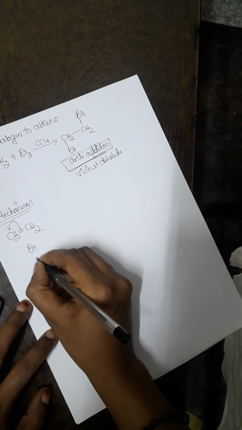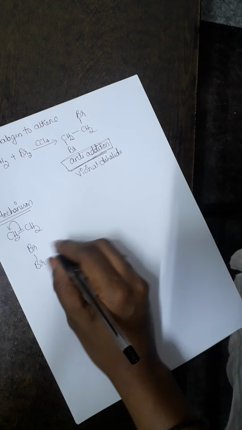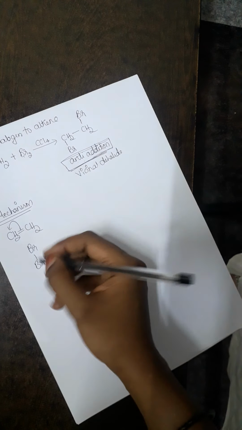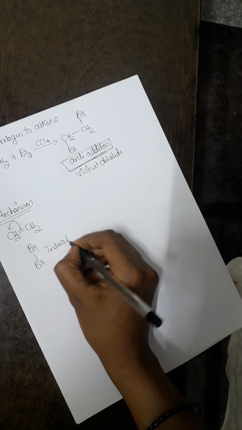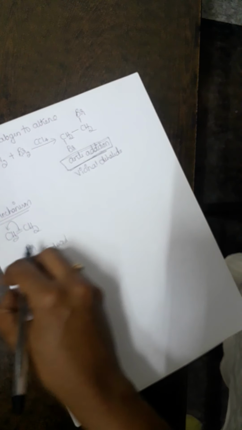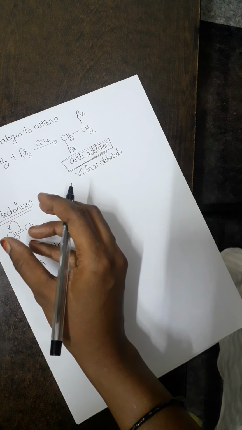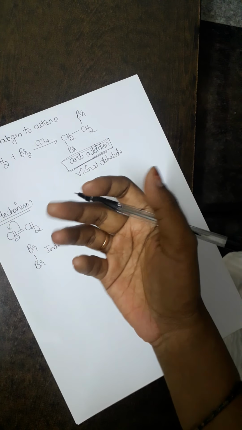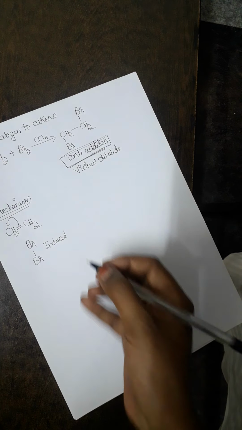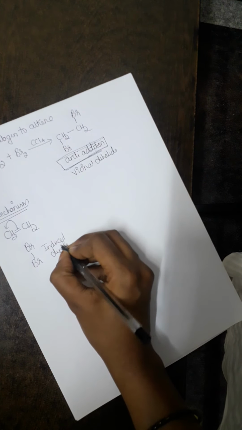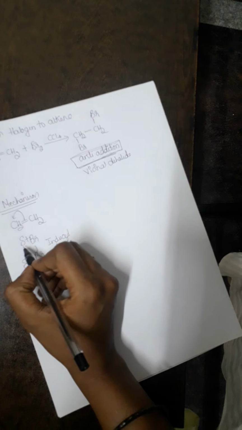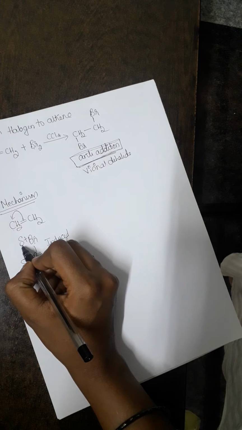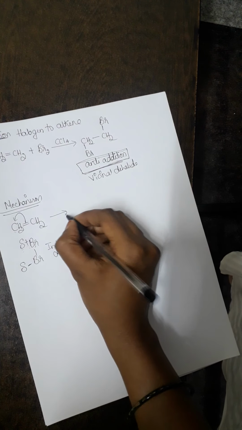Now I'll write a bromine molecule. Out of two bromine atoms, there are chances for the bromine molecule to have an induced dipole. What do you mean by induced dipole? When a molecule is brought closer to a polar molecule, the polar molecule will create a polarity in the neighboring molecule. So let us assume that this bromine has a partial positive charge and the other has a partial negative charge. The carbon here is negative, so it will be attracted towards this bromine atom, because it has a partial positive charge.